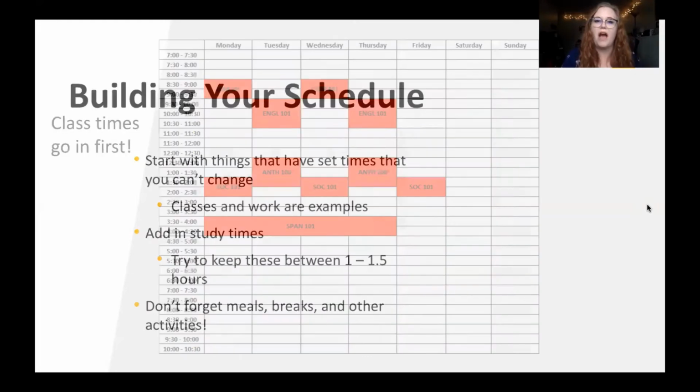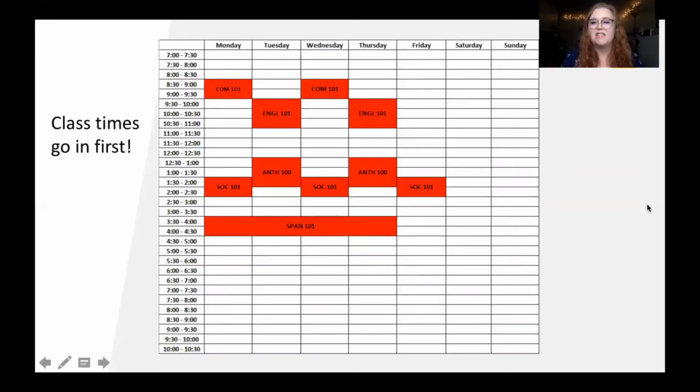So let's talk about how to actually do that. What I have here is an example schedule for a week, and this first schedule is going to be like pie in the sky, every moment is detailed. But we're going to talk about some different options. The first thing I'm going to do is include my classes, right? Those are happening consistently.